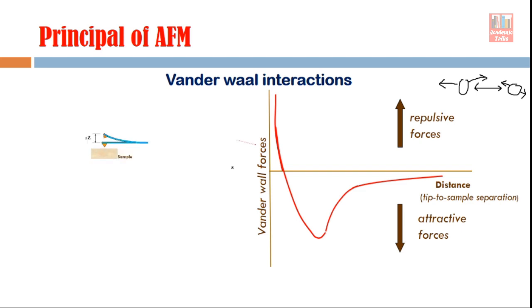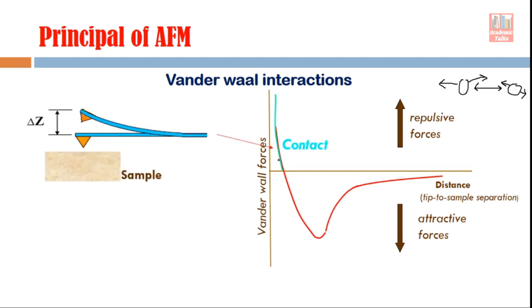Now you see, when the two bodies, in the present case of atomic force microscope, these two bodies are the tip and the sample. So when these two bodies are very close to each other, for example, this horizontal position is the actual position of the cantilever. So when this tip is very close to the sample surface, and the gap between the tip and sample surface is so small that we can consider that repulsive forces are taking place between these two.